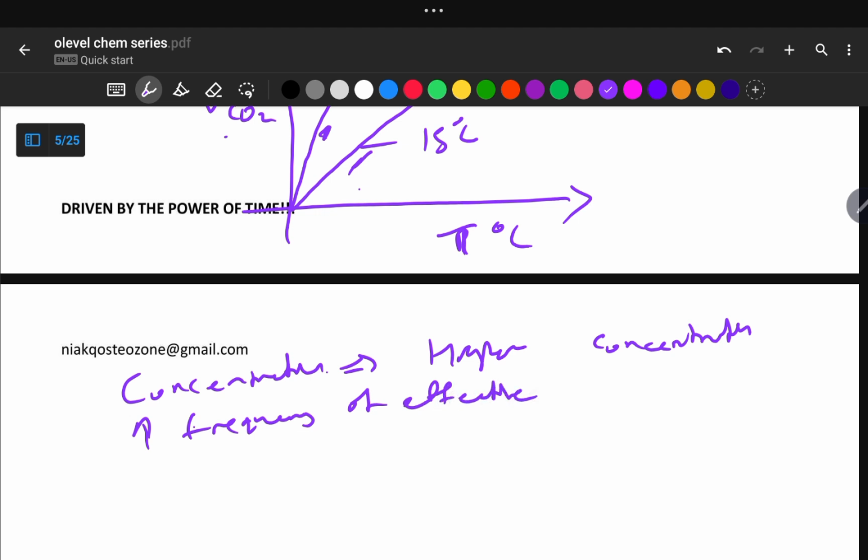They are not just collisions, they are effective collisions, because we said not all collisions will result in a chemical reaction. Only the particles colliding with sufficient energy and correct orientation are going to have a chemical reaction, right? And then we're going to have more particles. Higher concentration simply means that we are going to have more particles per given volume, right? And then we're going to have more collisions